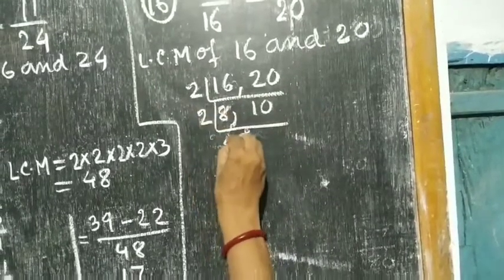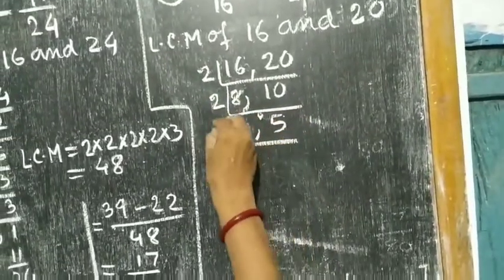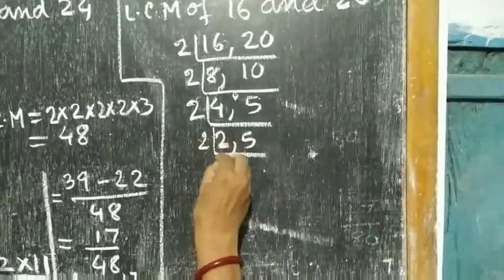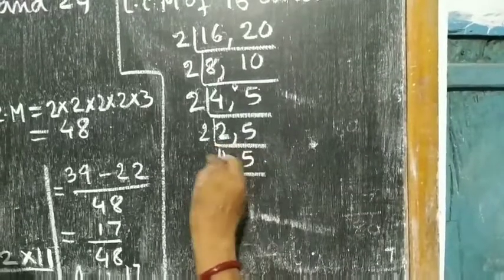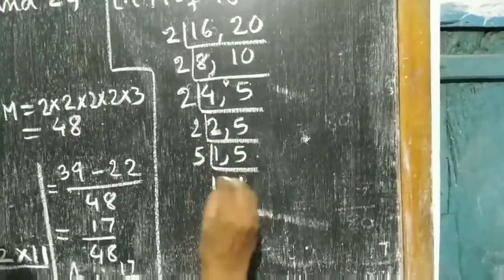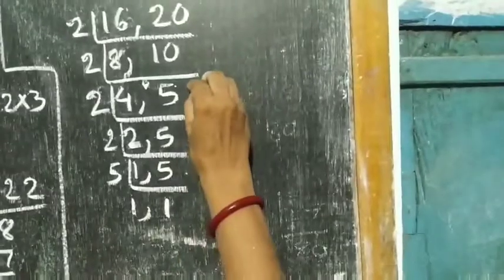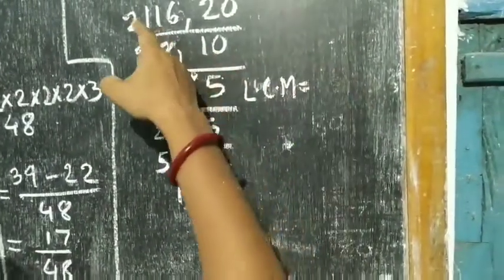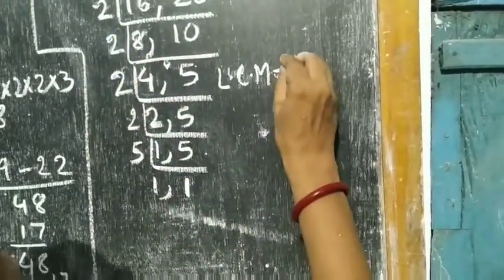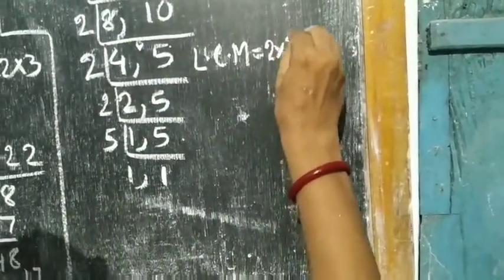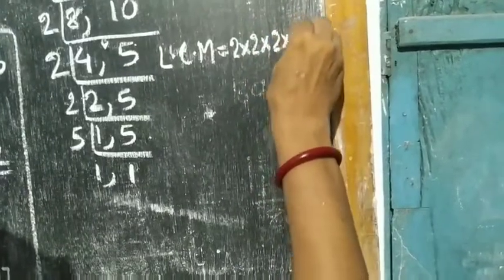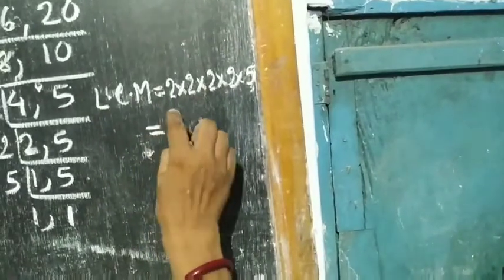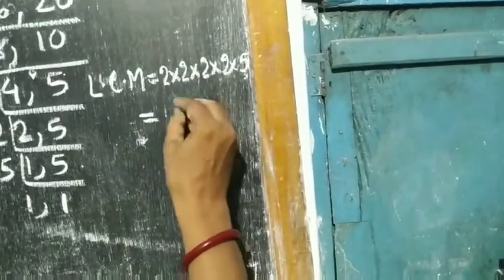Again by 2: 4, 5. Again by 2: 2, 5. Again by 2: 1, 5. Again divide by 5: 1, 1. Now what is the LCM? How many times is 2 there? 1, 2, 3, 4. So 4 times: 2 into 2 into 2 into 2 into 5. So 2 fours are 8, 8 twos are 16, 16 fives are